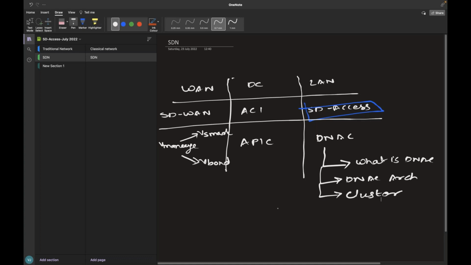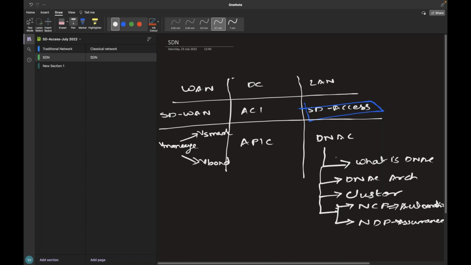It's a three-node cluster. So why do we need a three-node cluster? We will go in depth about that. And DNAC has two different planes. One is NCP, the network control plane, and the second is NDP. NCP covers automation, and NDP covers assurance.